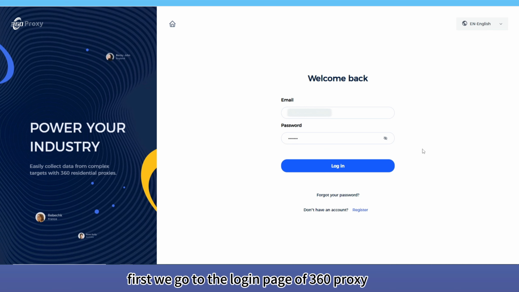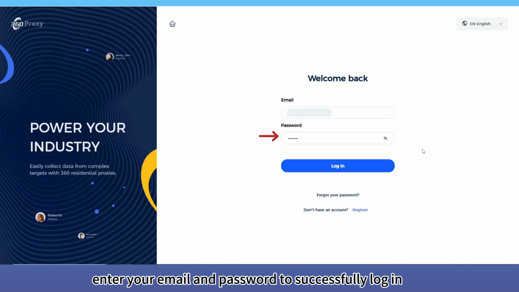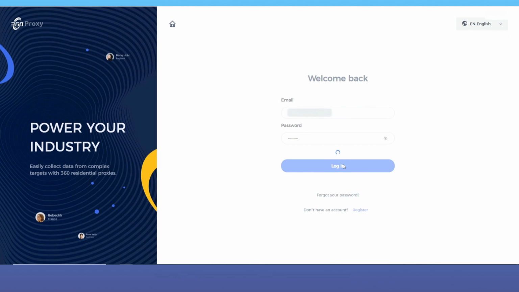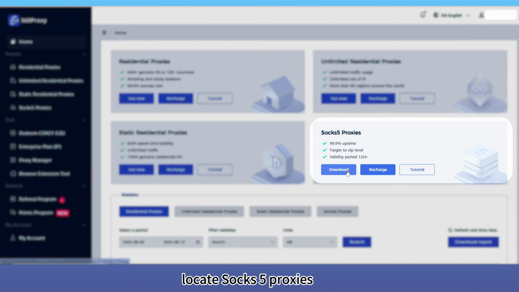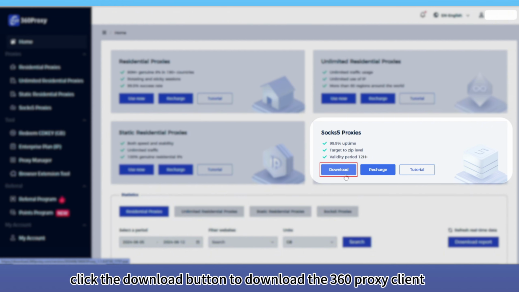First, we go to the login page of 360 Proxy. Enter your email and password to successfully log in. Then, navigate to the Personal Center page, locate Socks5 Proxies, and click the Download button to download the 360 Proxy